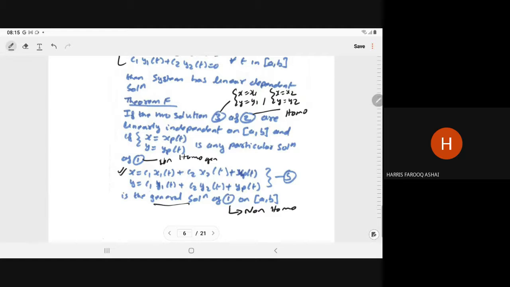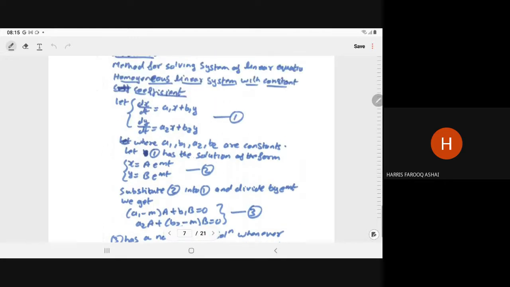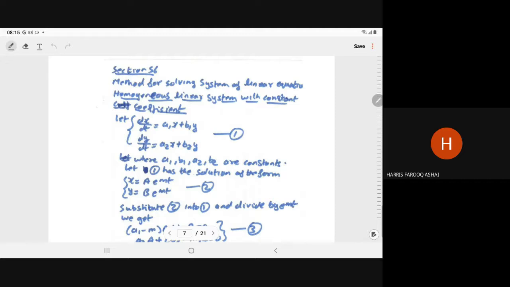There also we have done the same thing. In the second order differential equation also we have done the same thing. Now we have to determine the solution. How to determine the solution? First we determine the solution for the homogeneous system, then for the non-homogeneous system. Here we will take only the homogeneous system where a1, a2, b1, b2 are constants. So here we have, for example, Article 17, where you have studied the same kind of thing for the second order differential equation.